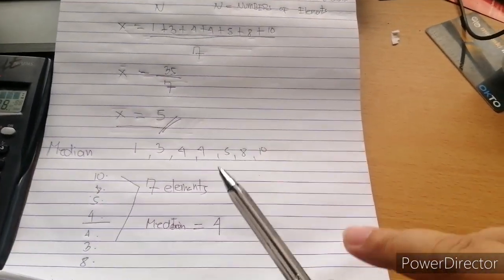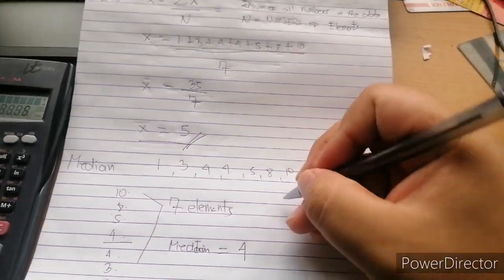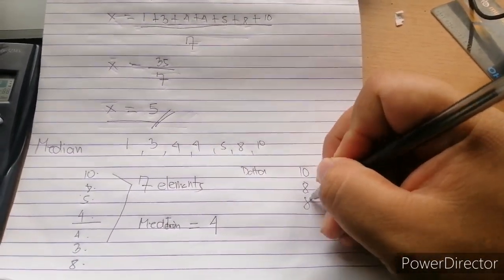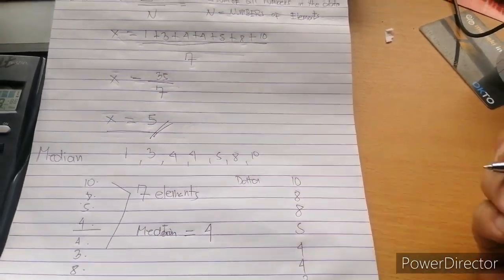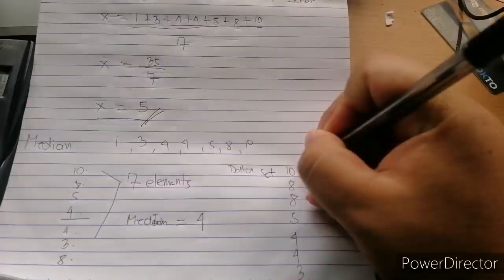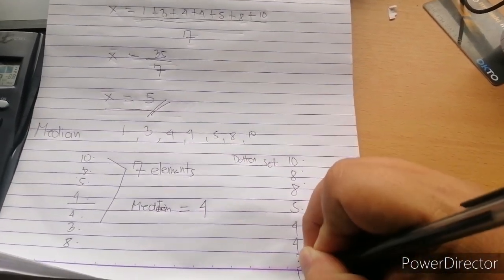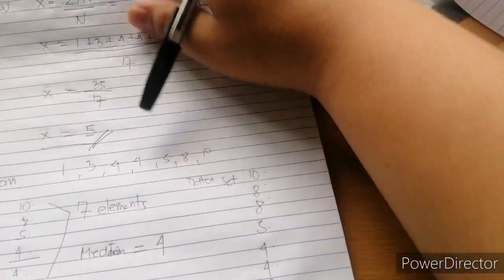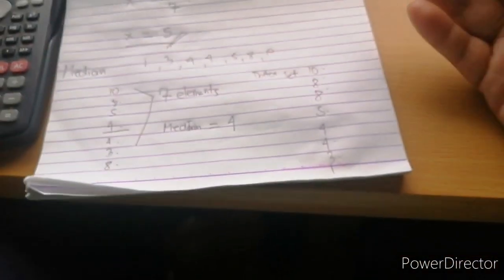So let's go to the even numbers. For example, we have a data set of 10, 8, 8, 5, 4, 4, 3, 1. The number of elements of this data set is 1, 2, 3, 4, 5, 6, 7, 8. So by getting the median of this kind of data set, where the number of elements is even,